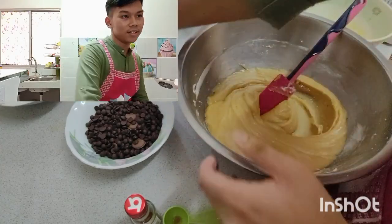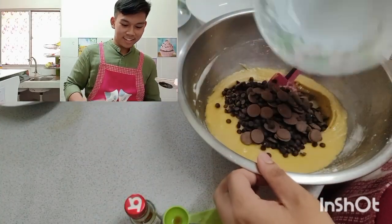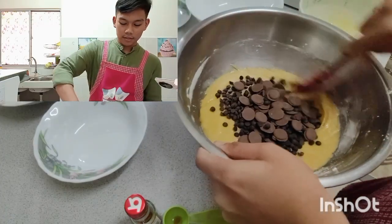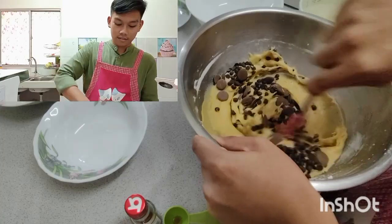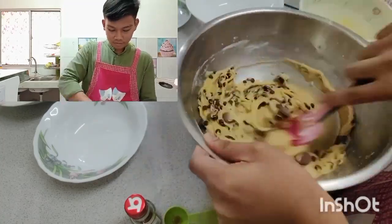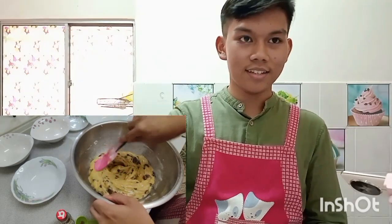And then we need to add our signature ingredient, the chocolate chips. After that, continue to mix the batter. So now our batter is finally done. Next, we need to chill our batter in the fridge for about 30 minutes to 1 hour. After about an hour of chilling our cookie dough in the fridge,